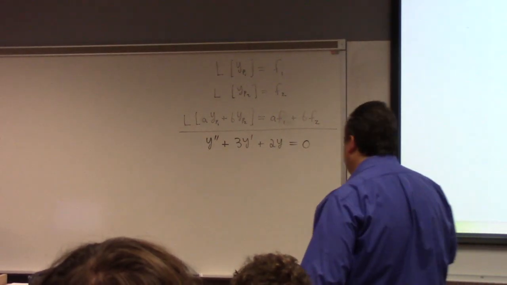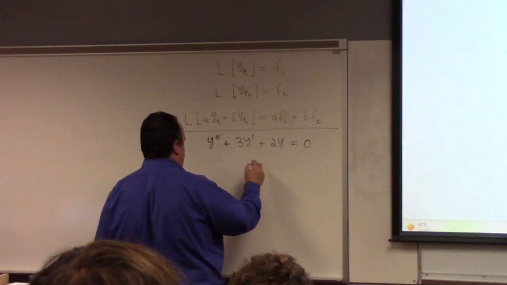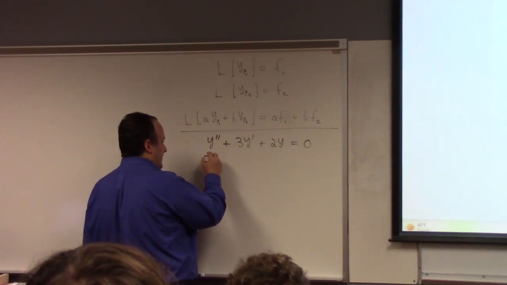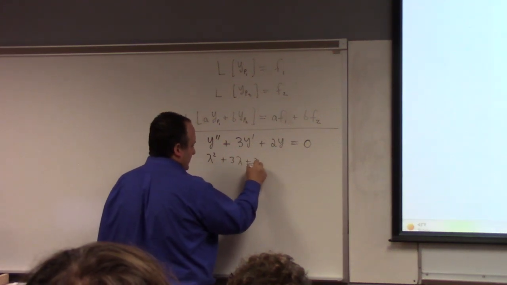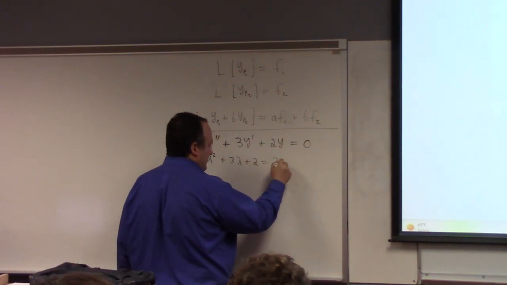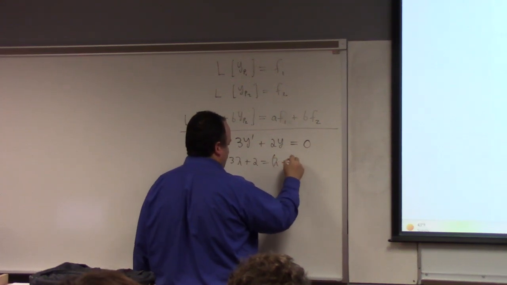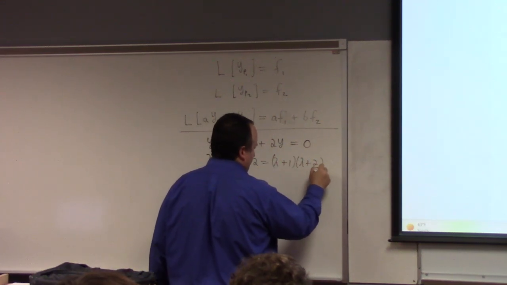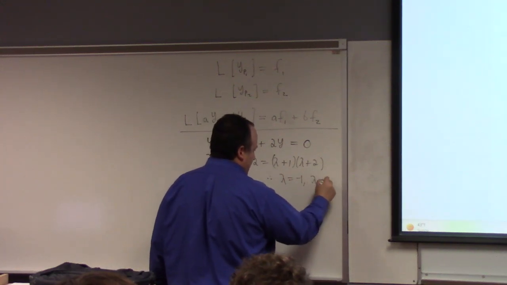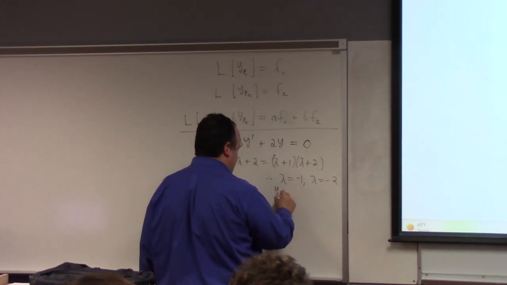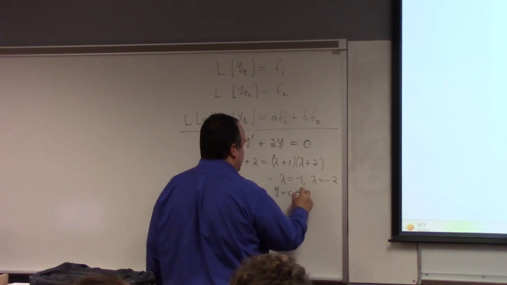There are kind of two paths to go down here, right? You could do, okay, well that's lambda squared plus 3 lambda plus 2, which is lambda plus 1 times lambda plus 2, right? Therefore, lambda is minus 1, or lambda is minus 2, and we get y equals c1 e to the,